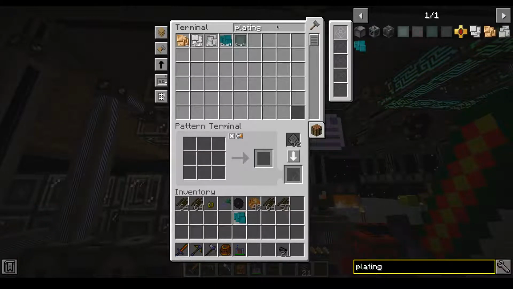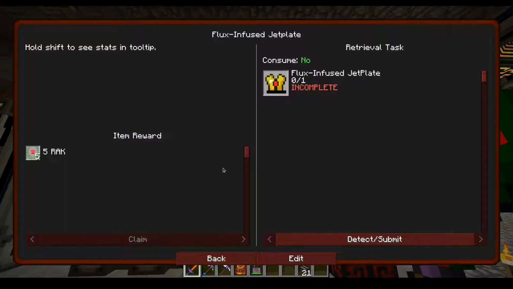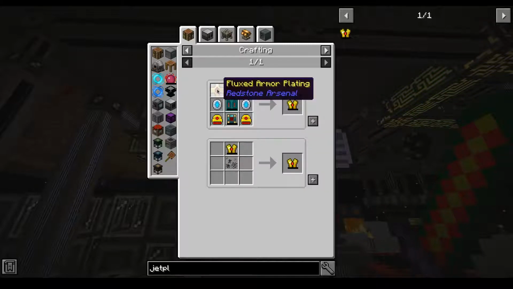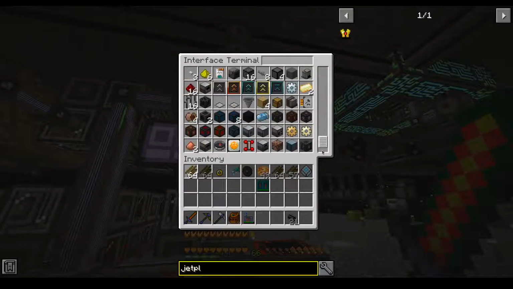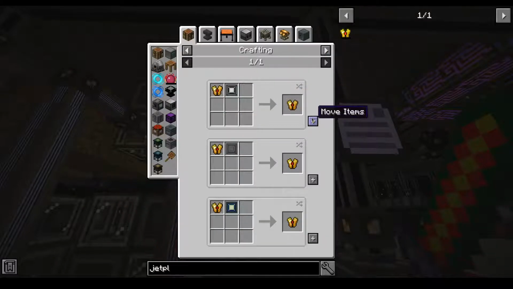and the jetpack. So this should give us the armored jetpack. So jet plate. So that gives us this. Now we need to make this. And we're going to need 2 of those, and then we're going to need this, which is